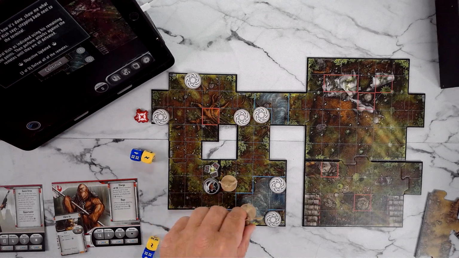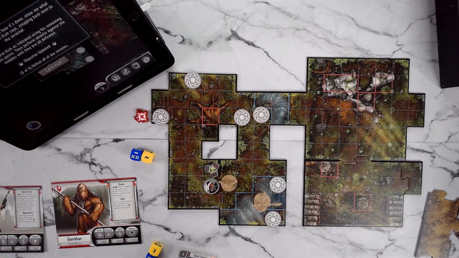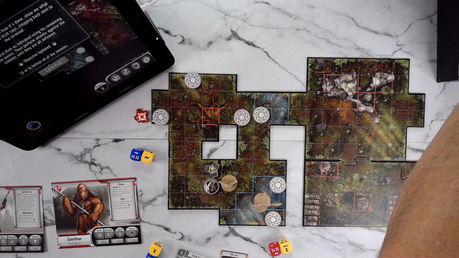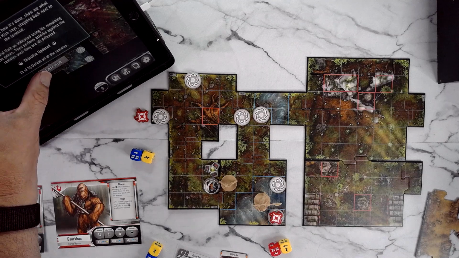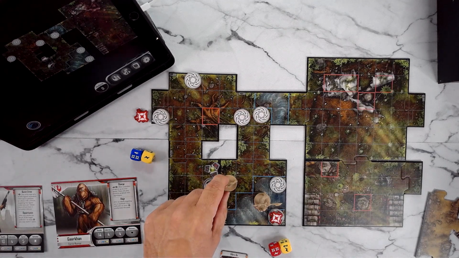Okay, so we're going to do 2, 4, and we will go on ahead and we use a red and a yellow die. And we have 2 damage to the first one. That takes care of those actions. Okay, continue. Okay, we included that activation. Now we'll use her second activation. I don't know when I did the first one, but I did something wrong. So she's going to go...